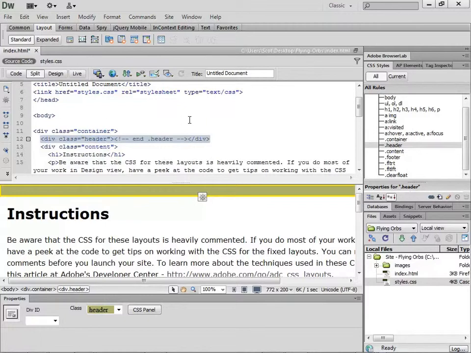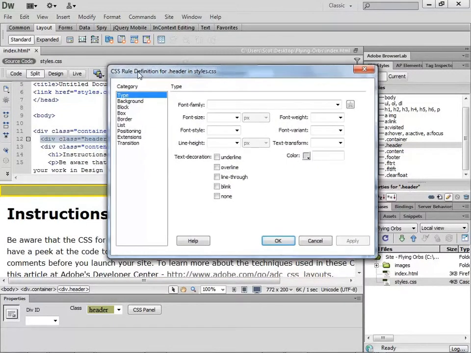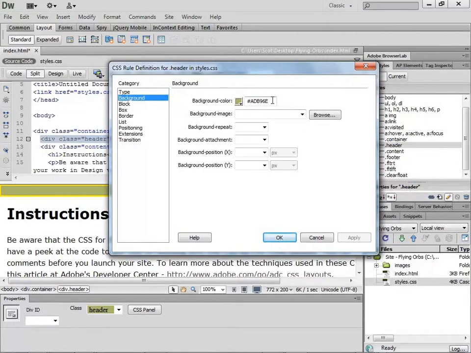So I'm going to have to specify the height of this box, because when I assign images via CSS and I need a specific height for the box, I have to define it if I have no content that's going to bring me to that height. One way to apply a CSS style to any of your class names is I can double click the dot header. Then I can go to the background category. I don't need the background color, that olive color in the header, because the image is going to fill up the entire header area. So I'm going to just delete that and go inside the background image field, hit browse,